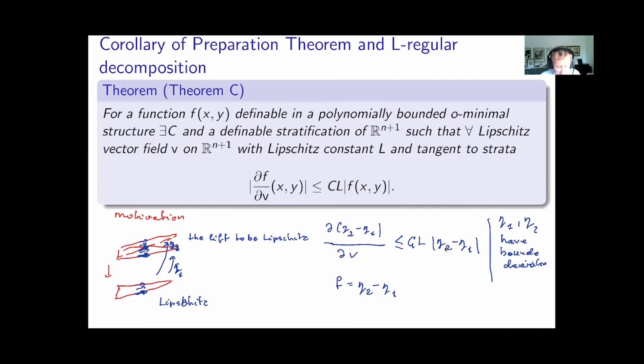I have to apply this theorem to the derivatives, let's say, of eta i. I said that it's a generalization of theorem A. This is because